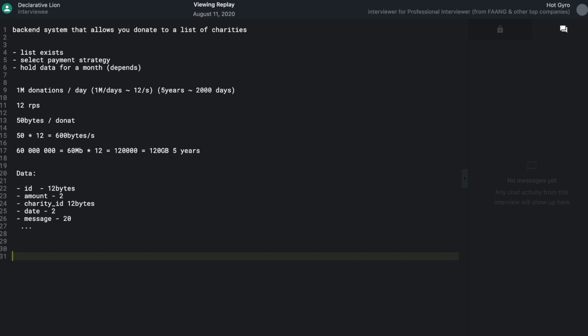Yeah, so we could put a load balancer between them. We could just scale it horizontally, put a lot of microservices. Yeah, let me think about the strategy of doing it.